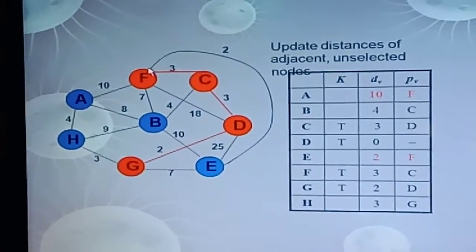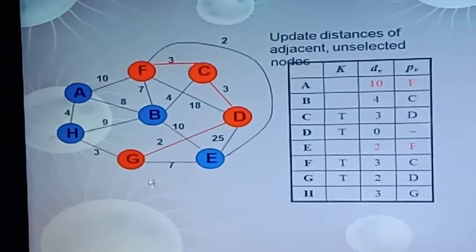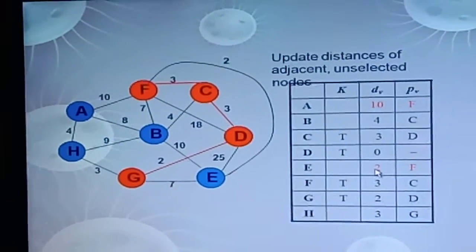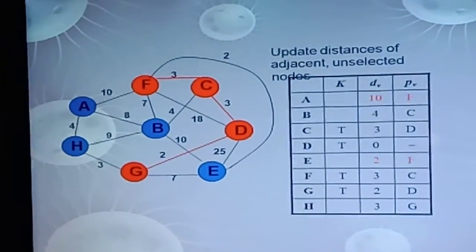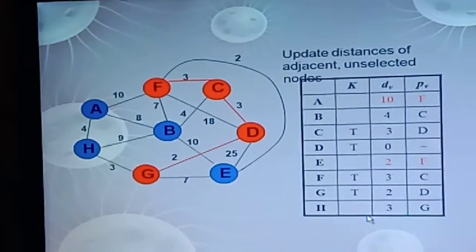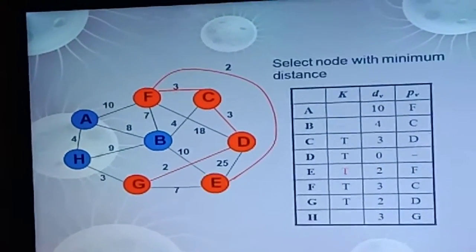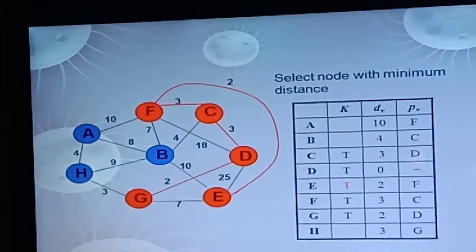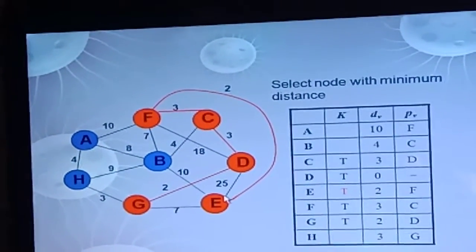The new cost from F to E is 2, which is less than 7. So replace that entry with the new value E cost 2 and parent is F. So among these set of vertices which are unvisited, E is the vertex which is having the least cost. So select that vertex as the next neighbor to traverse. So E is having the cost 2 and traverse E, and neighbors of E